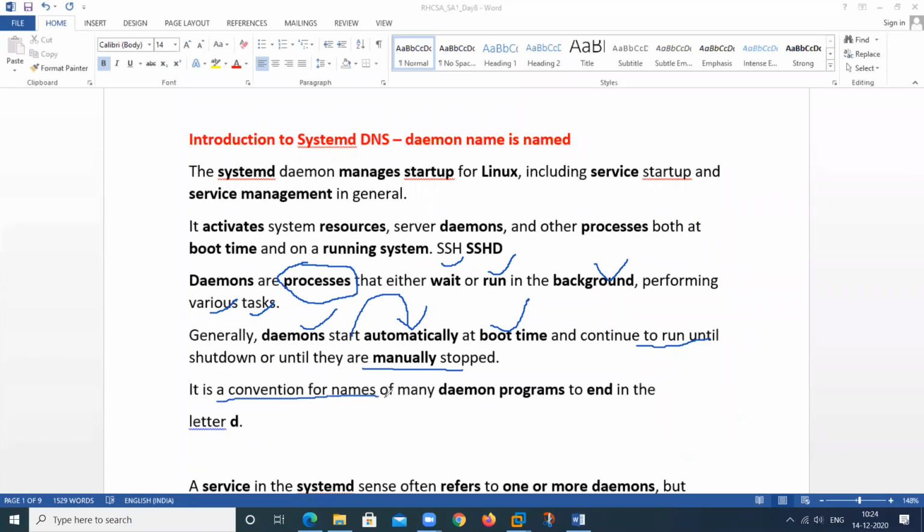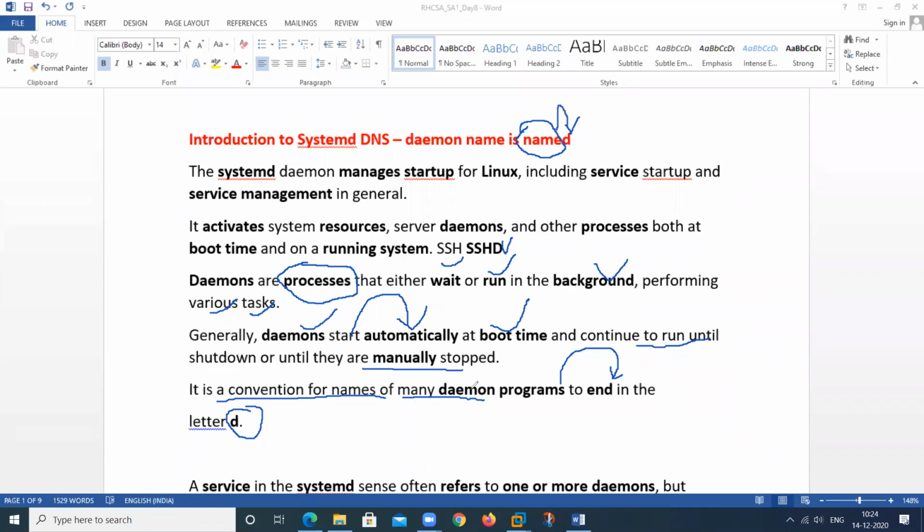It is a convention that the name of a daemon program mostly ends with the letter d, like this. This d means it's a daemon name. This d, it's a daemon name. But some daemons do not end with d, they only have a name.